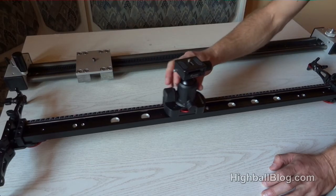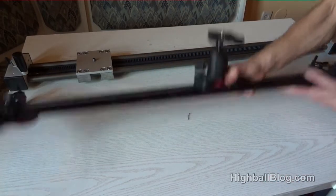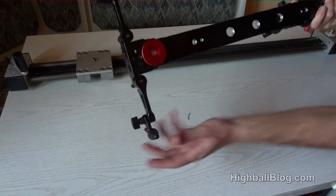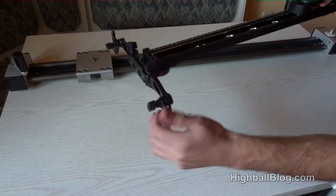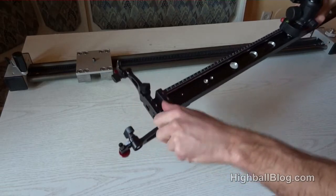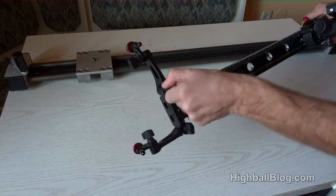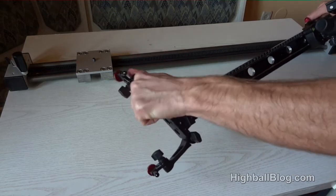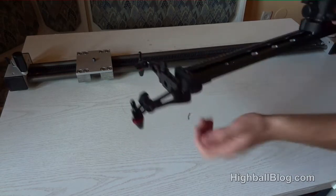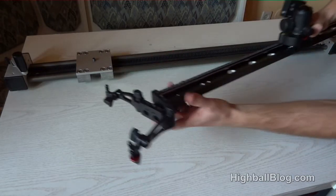Yeah, so this is the slider. It looks really cool. I mean, look at it, it's quite sexy, I might say. And these foldable legs are just amazing. You can turn them, you can twist them, and of course you can even turn this one if you need. Anyway,